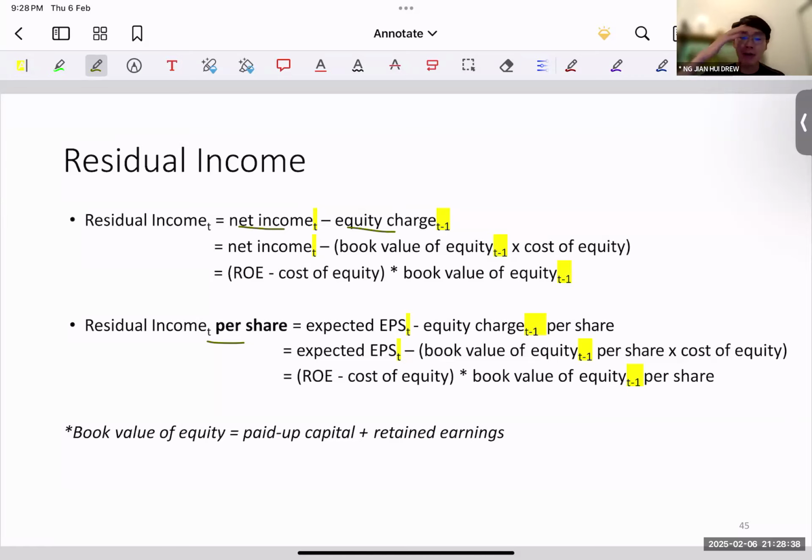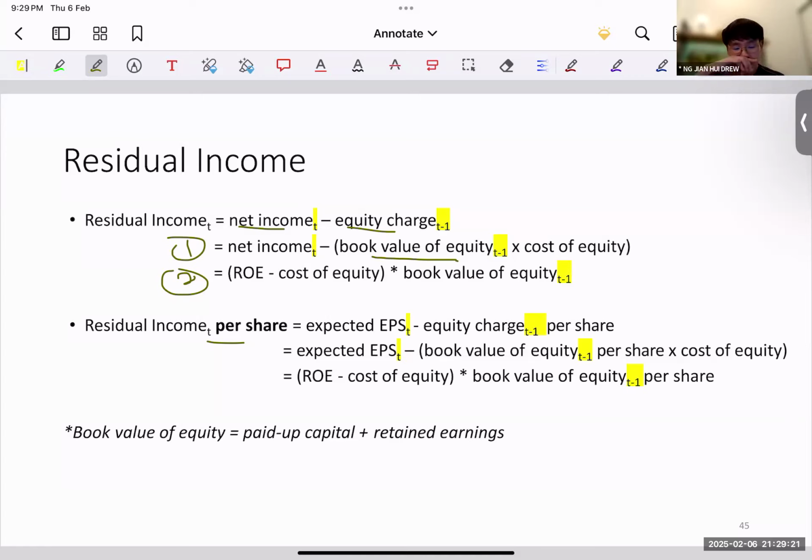Okay, so what's equity charge? Remember equity charge I mentioned earlier? Equity charge is basically just your book value of equity times the cost of equity, right? Cost of equity times your amount of equity gives you the implicit and explicit cost relating to your equity. By doing so, you can get your residual income. So this is the first formulation. Or the second formulation, we can do some algebra manipulation and we can give it as ROE minus cost of equity